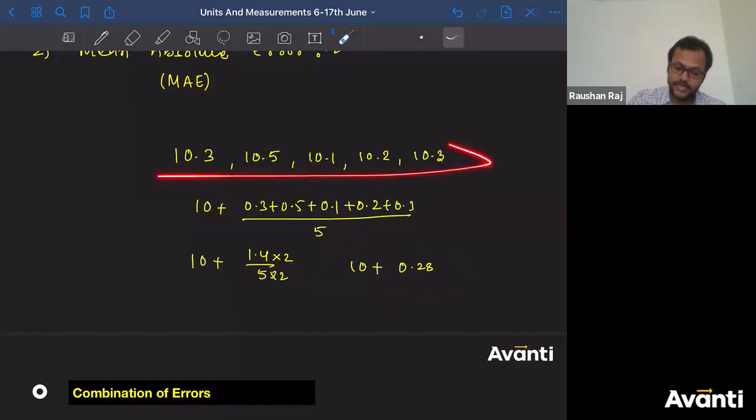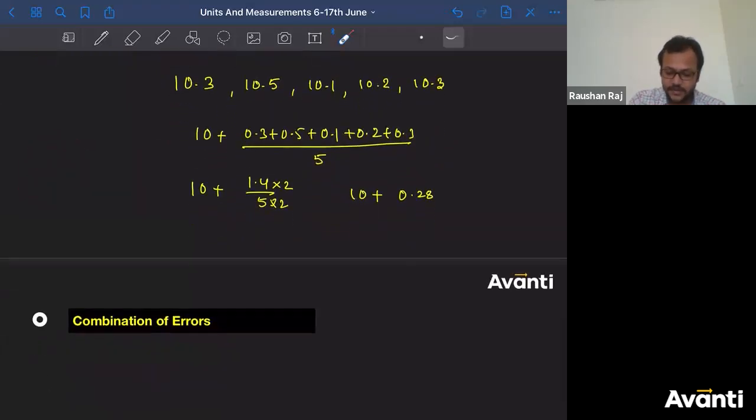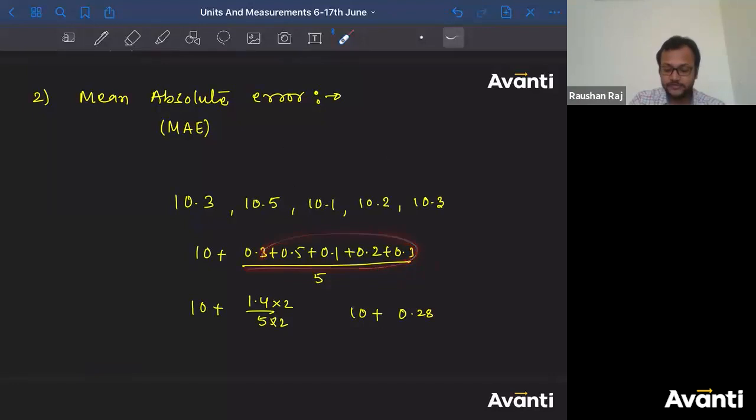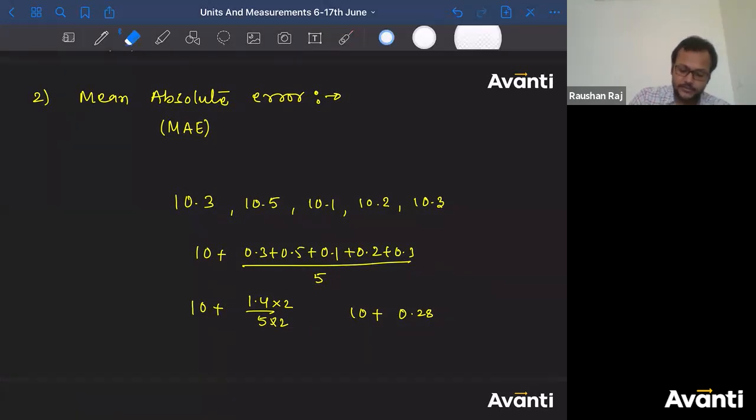If I have to quote the answer here, the answer will be 10.5. But what is the actual length? Only 10. So can I say when I take the mean out of it, the measured value has gone closer to the true value. However, this is not the exact true value, but this has gone closer to the true value. So while taking the mean of error, you are going to go towards the true value. Yes, correct? Yes. So can I say taking mean will help us.